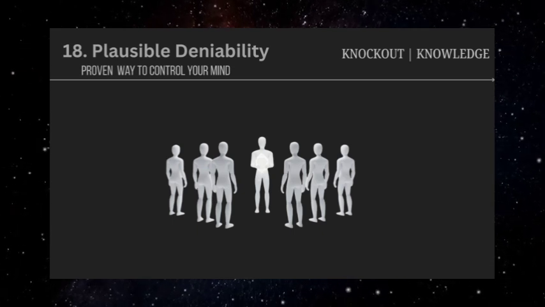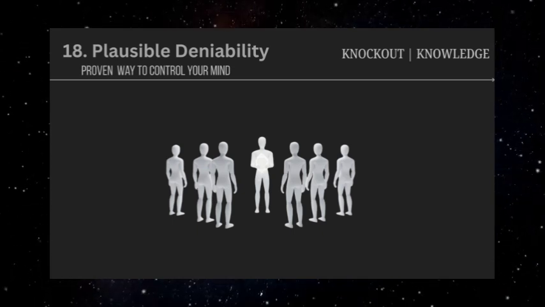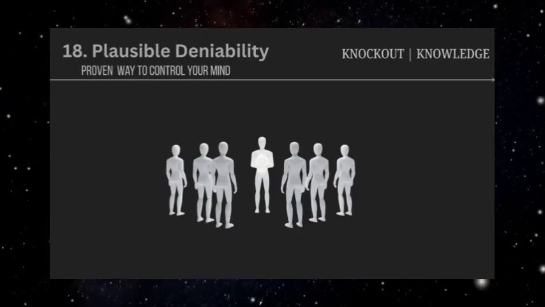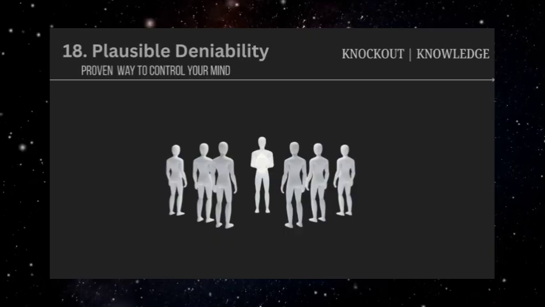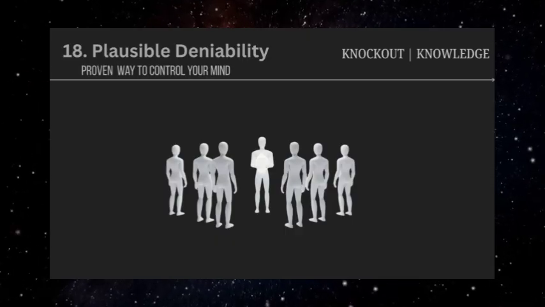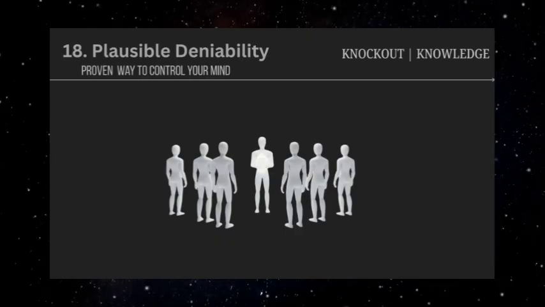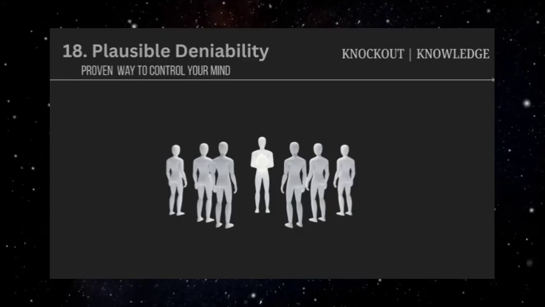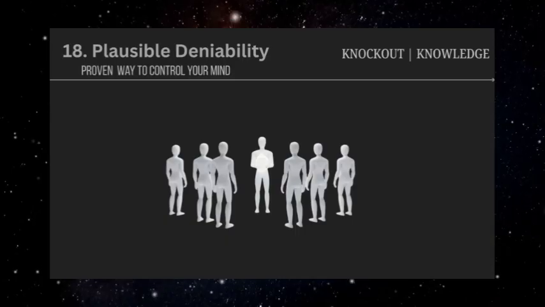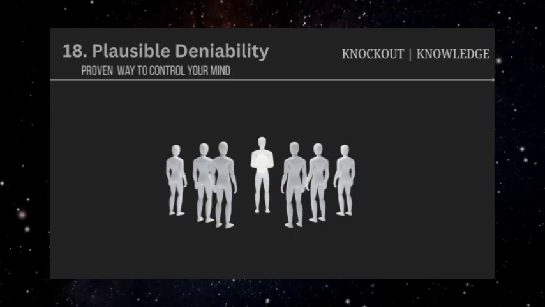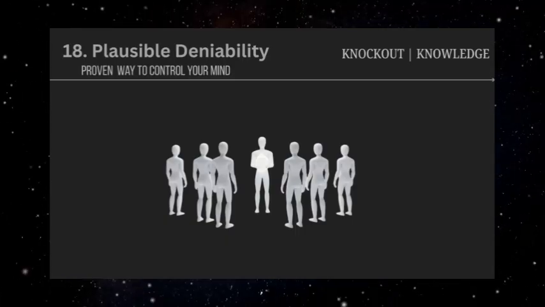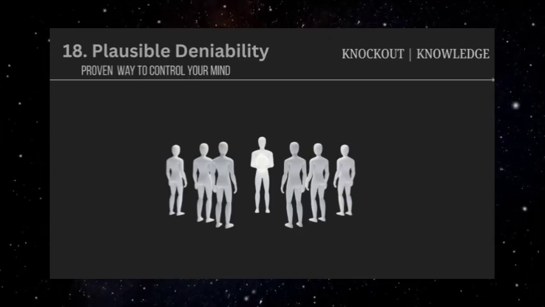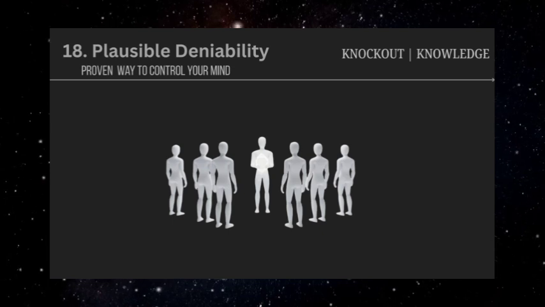Dog whistles, coded language that seems innocent to general audiences but carries specific meaning to target groups, are a classic example of this technique. In group settings, manipulators might use plausible deniability by making harmful statements or decisions that can be attributed to group consensus, external pressures, or organizational requirements. "This wasn't my idea, everyone agreed to this," or "I'm just following policy," allow individuals to avoid personal responsibility for actions they actively promoted or decided.